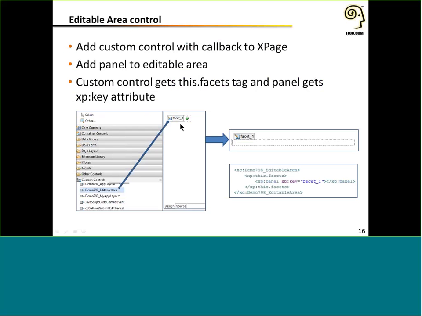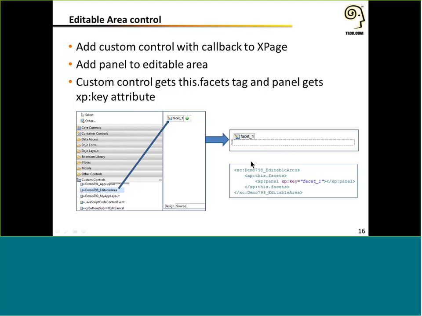Now again, by default, this is a named facet, so it can have one element directly inside of it. Now if I take an XP panel and drop it inside the facet, it changes to look like this in the design pane. So we see a representation of the panel, we see it next to the facet, but the green circle goes away because now there's some content inside of there.